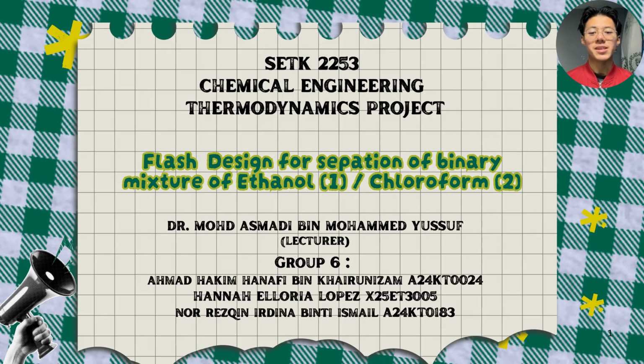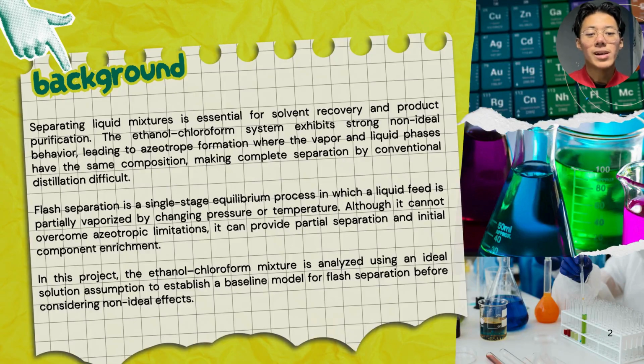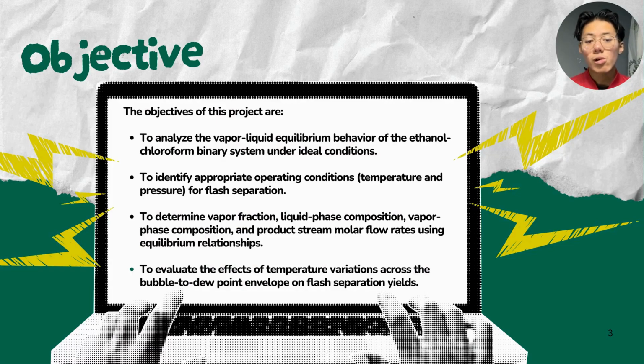Today we will be presenting our flash separation analysis for a binary mixture of ethanol and chloroform. While this system is highly non-ideal and forms an azeotrope in reality, we are modeling a single-stage flash using an ideal solution assumption. This establishes a baseline before factoring in non-ideal deviation. Our goals are to analyze the system's vapor-liquid equilibrium, identify the optimal operating conditions, and determine the final phase composition